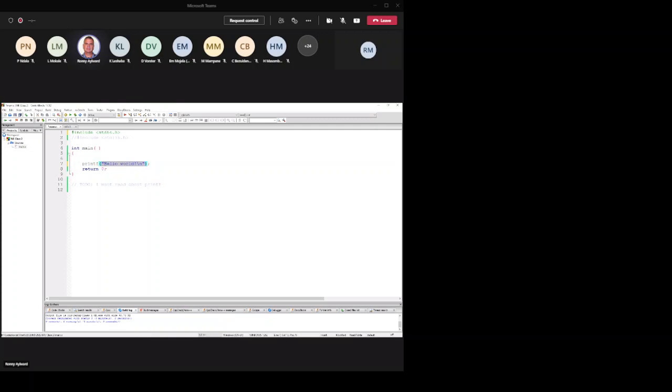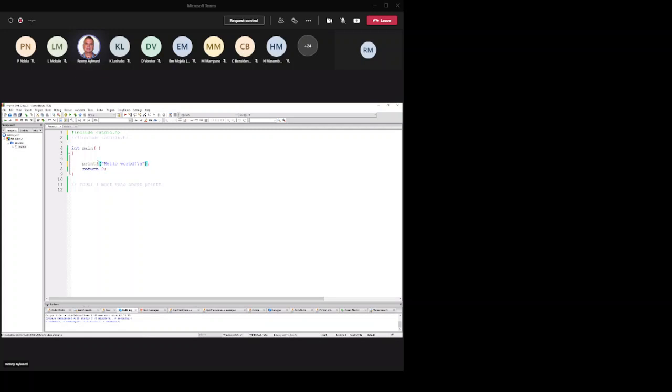And what it does, it writes out to the console window. So the standard IO is some additional code which is included, which is needed for my program to run.